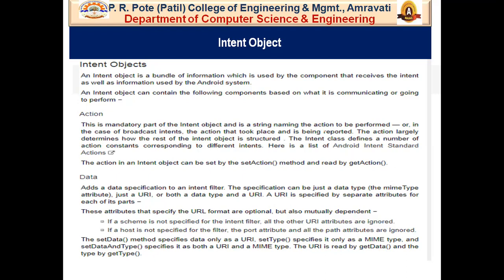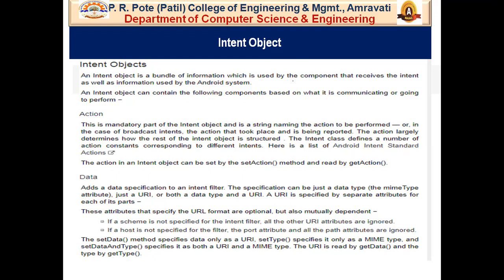An intent object is a bundle of information which is used by the component that receives the intent as well as information used by the Android system. That bundle of information is used by the component, and as I told you, a component can be anything, like an activity, a receiver, or a service.